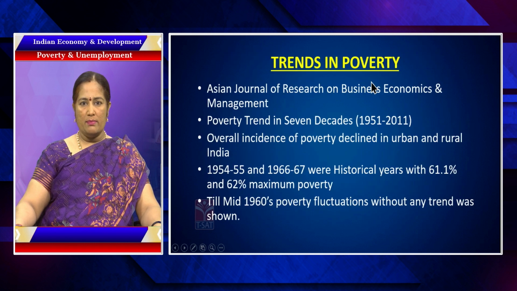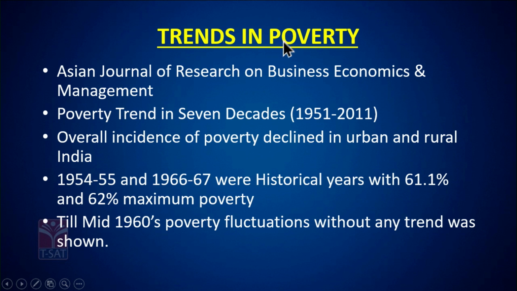If you come to the trends in poverty, what do you mean by trends in poverty? Whether the poverty, since times immemorial or maybe since 1947 onwards, basically if we speak about the development of the Indian economy, what was the trend in the poverty? Was it a positive trend, a negative trend, or a neutral trend? Positive trend is whether it was increasing, negative trend whether it was decreasing, and neutral trend neither increasing nor decreasing, but remaining at the same level at which we started the planning process for curtailing and reducing this poverty.